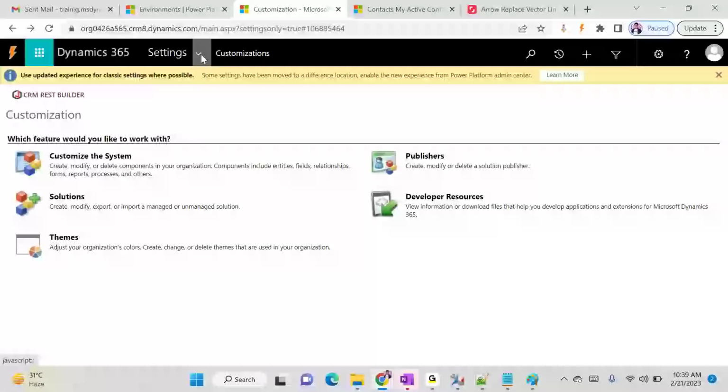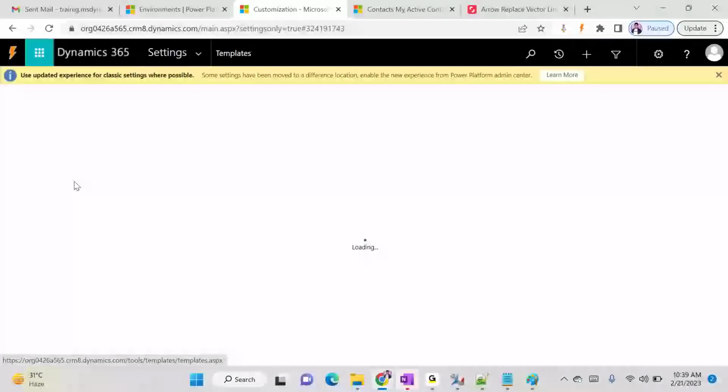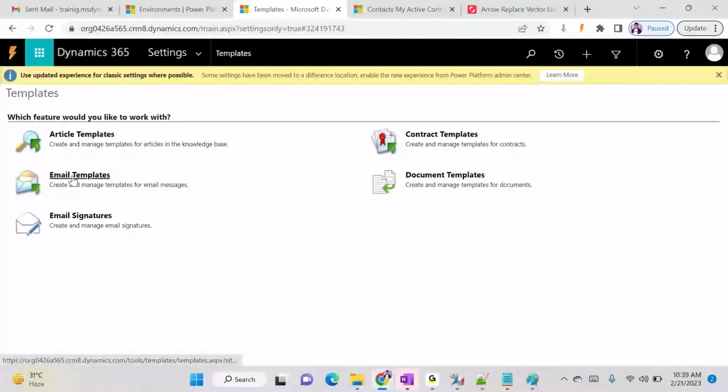Okay. So how will we create the email templates? Under settings, we have the template section. Under the template section, we can see different templates that we can create or map in the CRM. One of the templates is an email template that we will be using very frequently. So you should know how to create the template and how you can make use of this template. So email template. When I click on email template,